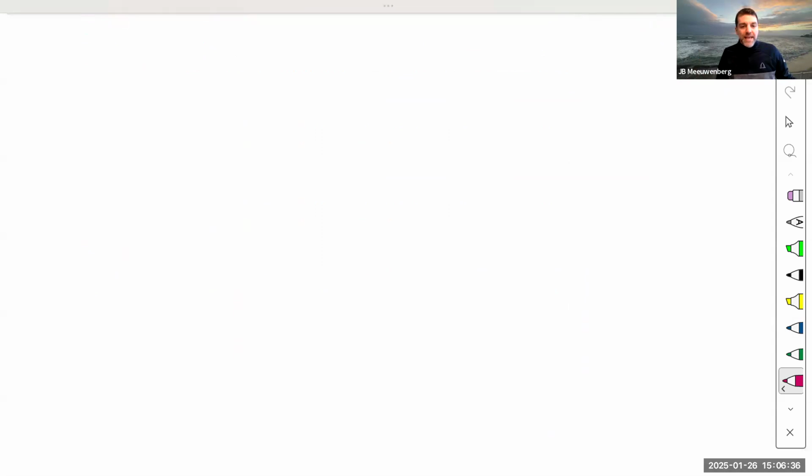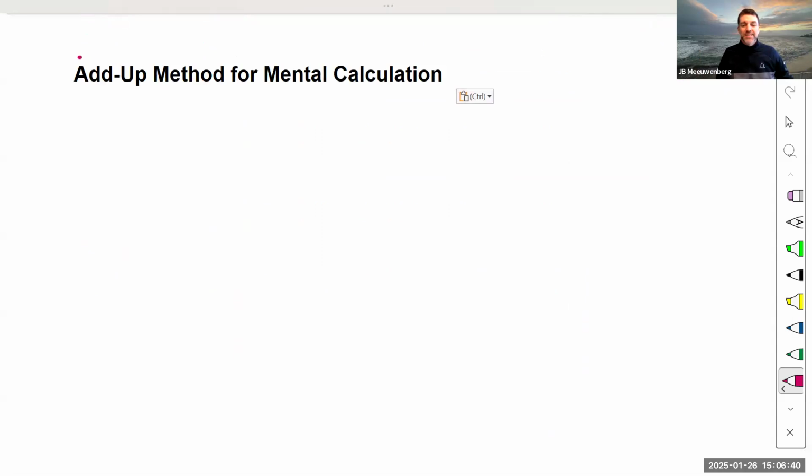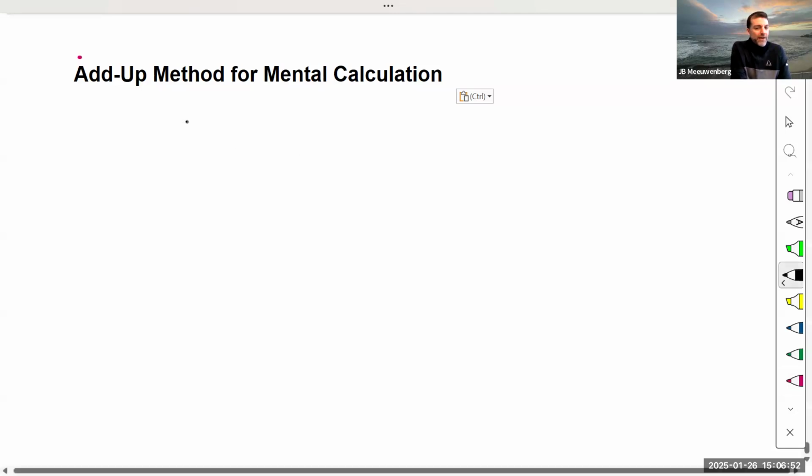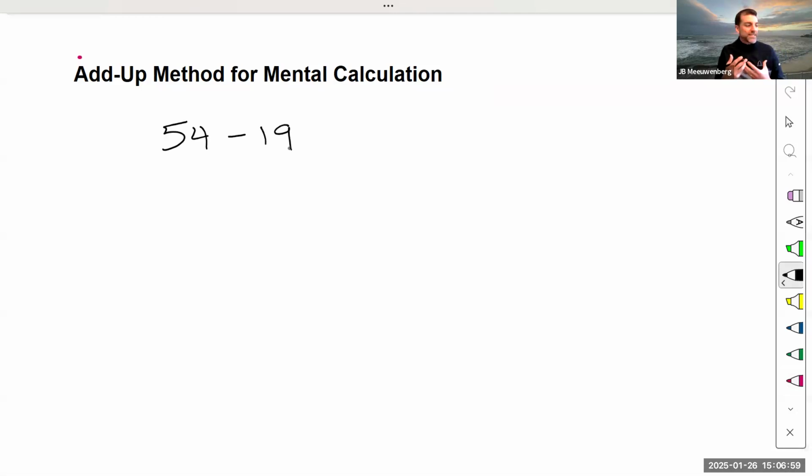So this is called the add up method for mental calculation. And I've talked about this. This is often the way that I do my subtraction. At least for me, this is one of my favorites. And so if we have to do 54 minus 19, okay? 54 minus 19. The way that I picture that in my head is